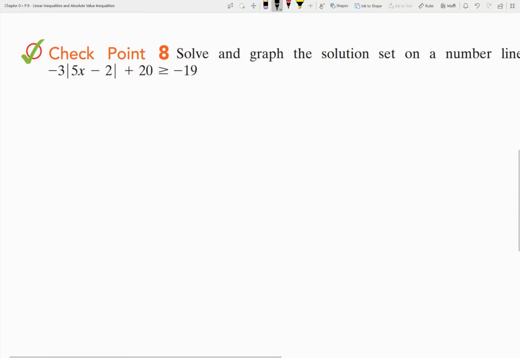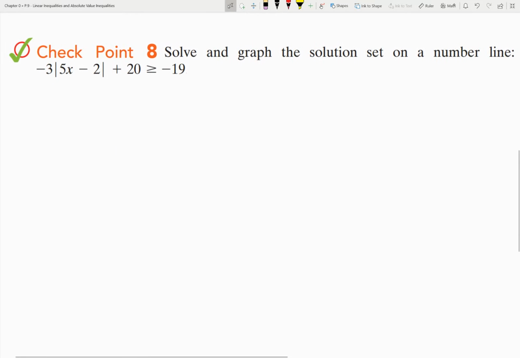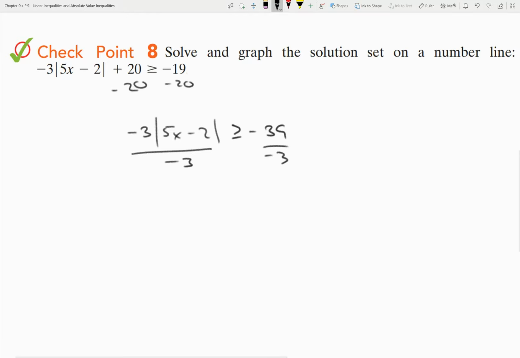Okay? Let's actually do the longer way with this one so we can check and see the difference. First, of course, is to isolate the absolute value before we do anything. That doesn't change, which is greater than or equal to negative 39. Divide out the negative 3, and we have 5x minus 2, 13, is less than or equal to